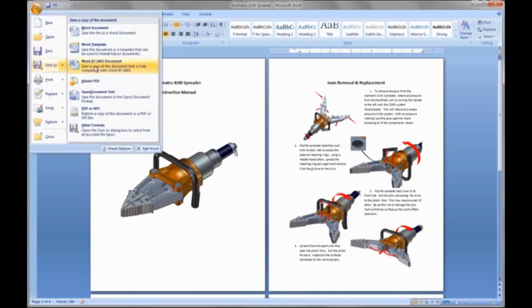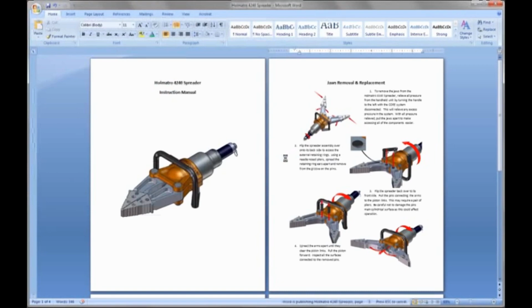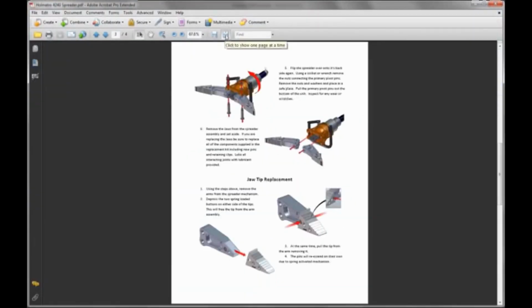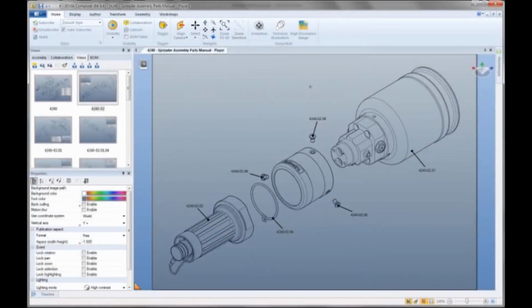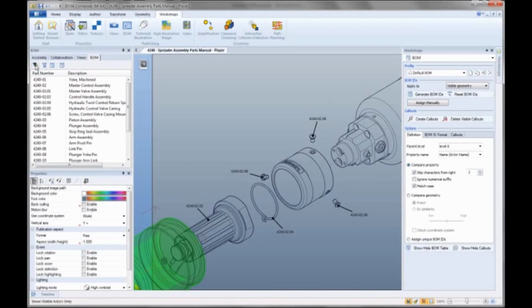Finally, we can save the entire manual as a PDF file, a nice traditional format that is common for user manuals, catalogs, and instructional booklets. It should be noted, however, that with 3D via Composer, we can take technical communications beyond traditional formats and create